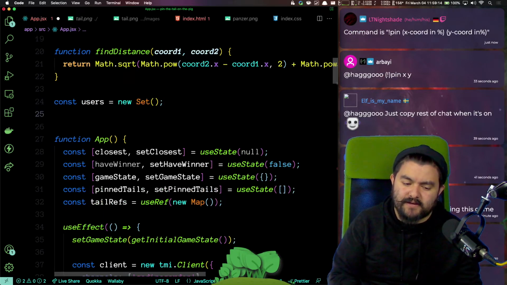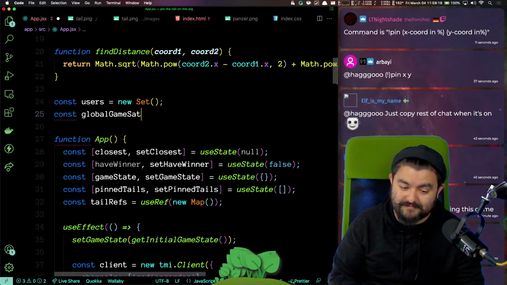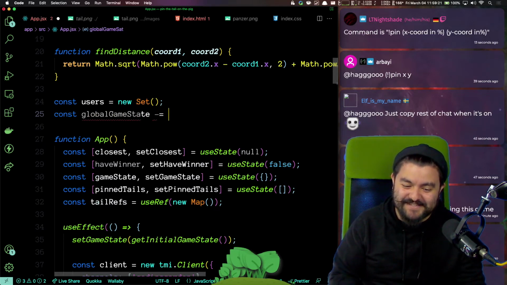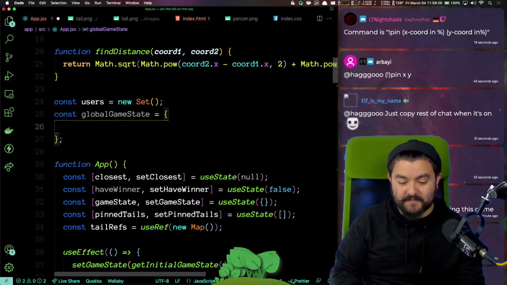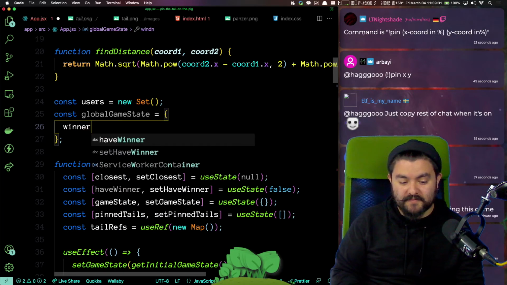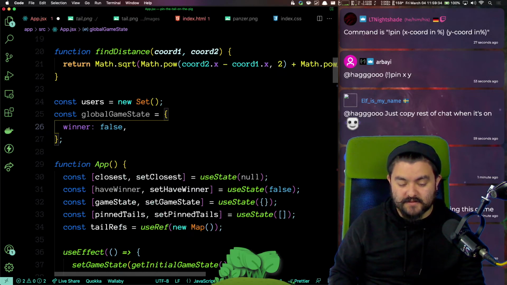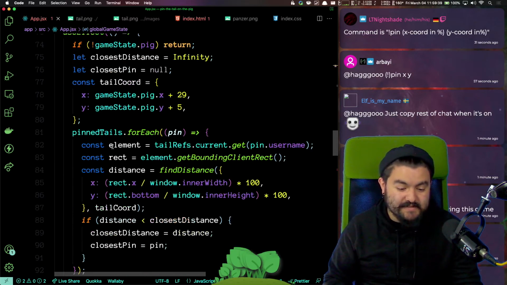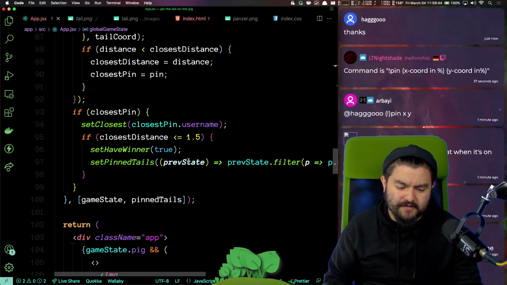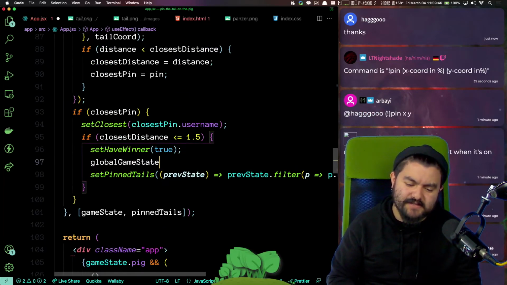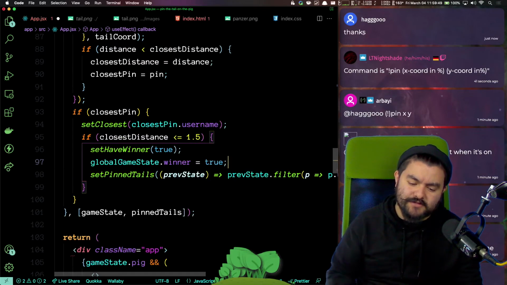Const global game state is here, and this is just a plain old object. Say winner is false. And it's just as easy as that. So in the real world with React, we'd figure out a better way to do this, but this is fine. So I'm just going to say set global game state dot winner is true.